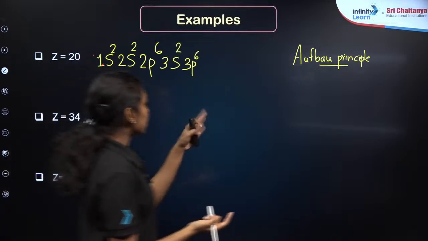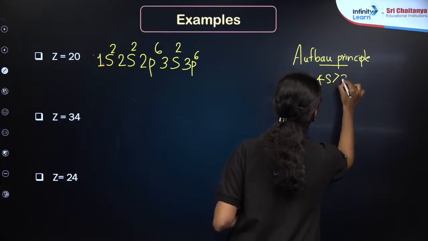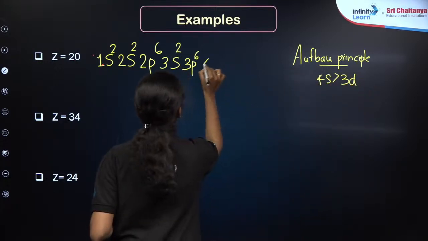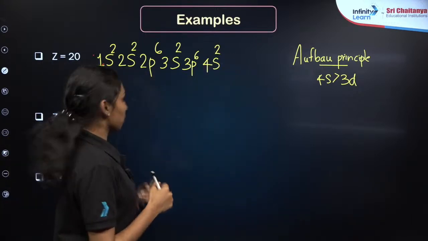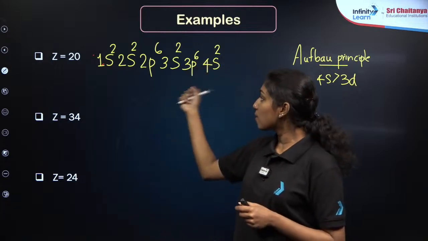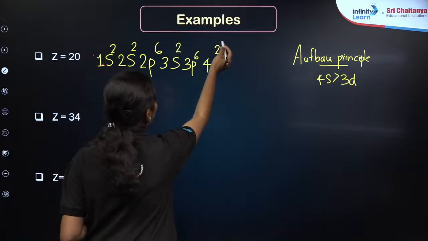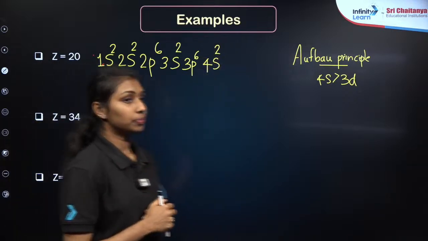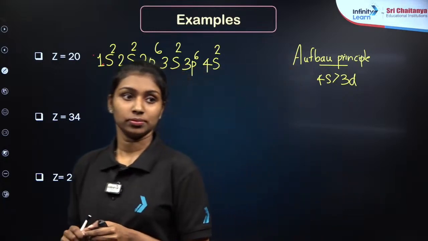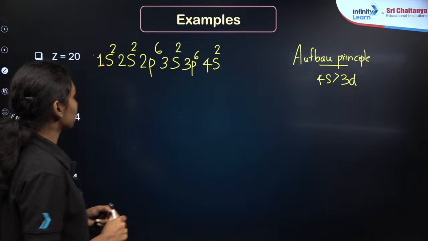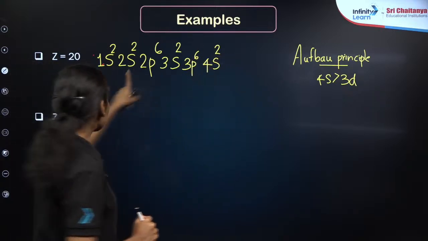According to the Aufbau principle, the electron will enter into the 4s orbital before 3d, right? So the 2 electrons will enter into the 4s orbital. Then you can predict which block this particular element belongs to. Just look at the last electron, in which subshell it is entering. Because the last two electrons enter into the s subshell, this is an s block element,